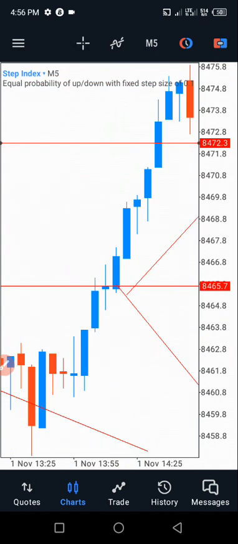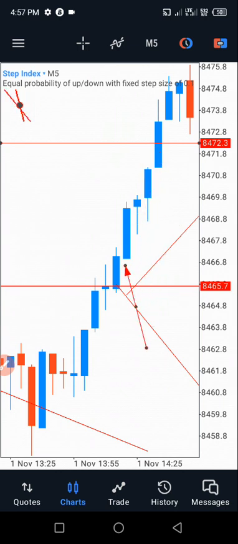Can you see this candlestick here? This is a doji candlestick. Immediately this candlestick formed, I was supposed to have waited for the next candle to be a sell, guys. I was supposed to have waited for this candle to be a sell. Immediately this candle closed, I entered immediately, and then the market started buying,